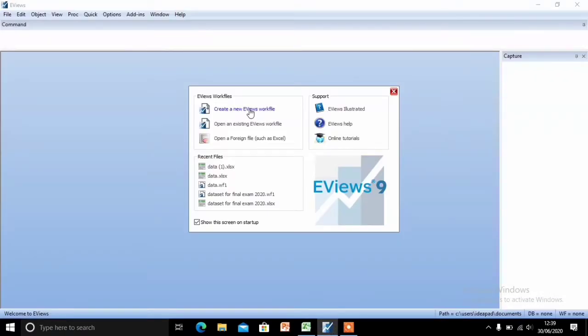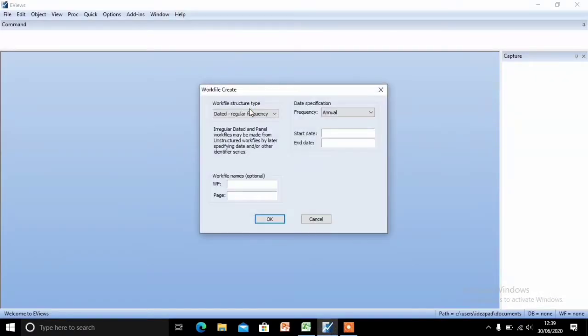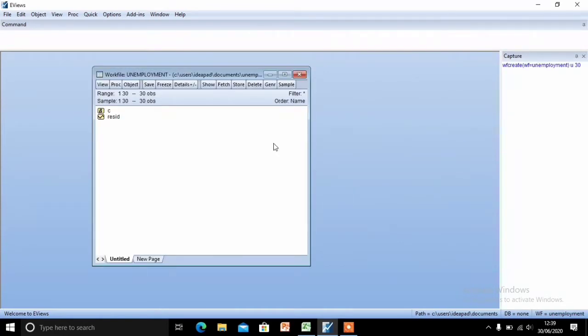First, create a new EViews workfile. Then choose unstructured, and write your observations. Here I'm using 30 observations. Click and then import your data.